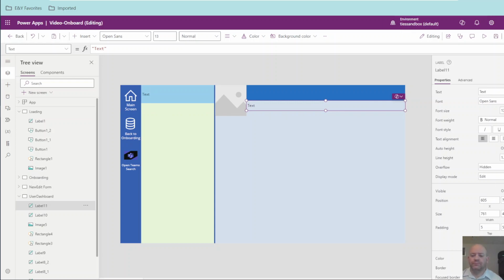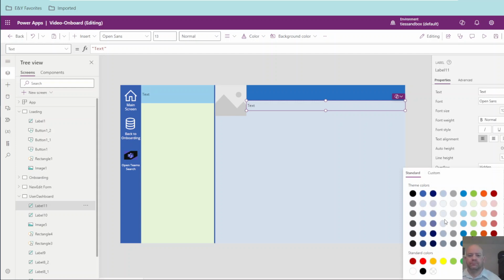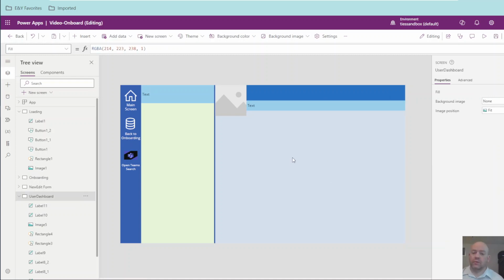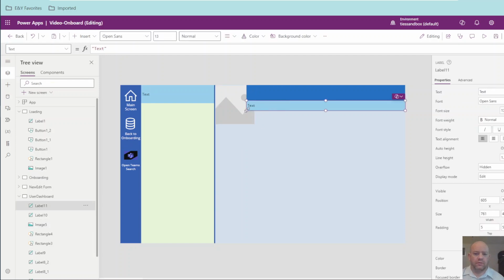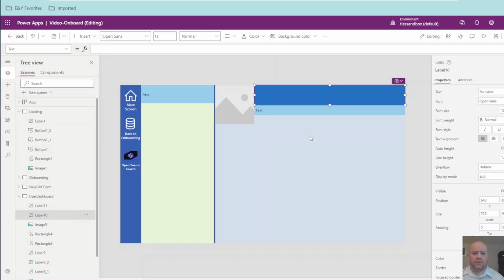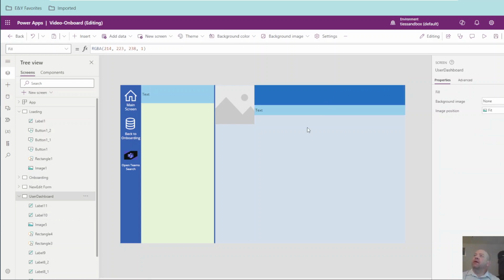Make it a lighter blue. Okay. Then I'm going to put,